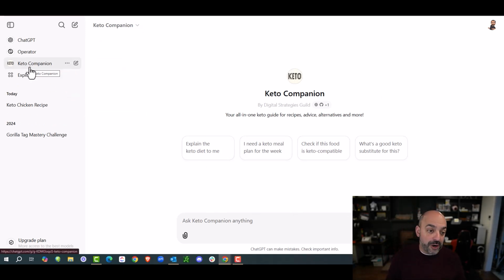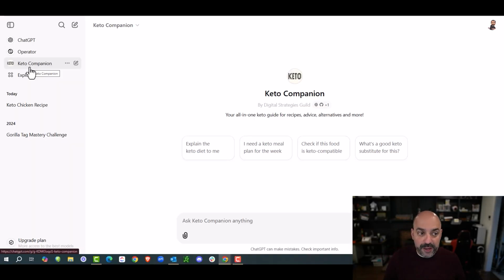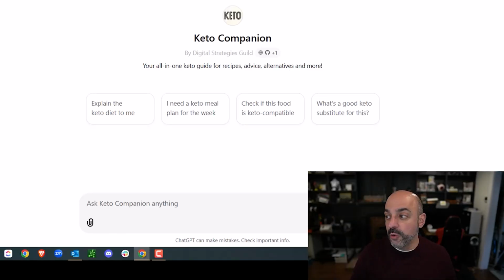And again, the coolest part about this is that if I pin anything on the left-hand side, I can now have it on my phone. So instead of having a different experience on my phone than I would in here, I don't have to worry about that, because if I pin anything that I'm using or any conversations that I'm part of inside my logged-in account on my desktop, I now have it on my phone, which makes it incredibly cool for anybody to use.